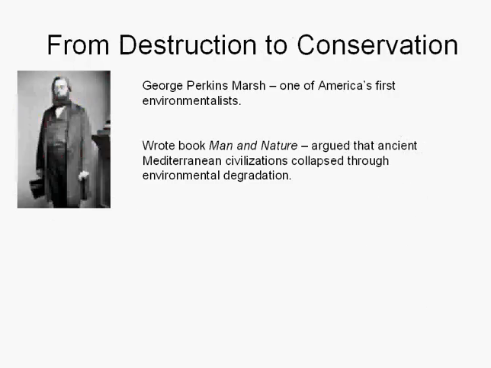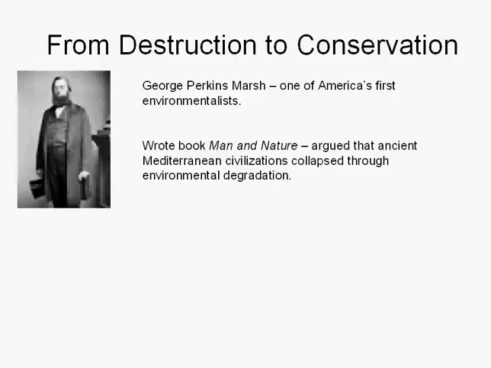So now we look at from destruction to conservation. Remember that during the Paleotechnic phase we talked about the huge waste, the exploitation, and a lack of any kind of concern for efficiency, either for an exploitation of the people, an exploitation of nature, or so on. And as we look at this new idea of conservation, George Perkins Marsh comes to the forefront, and he was one of America's first environmentalists, considered by some to be the first environmentalist.